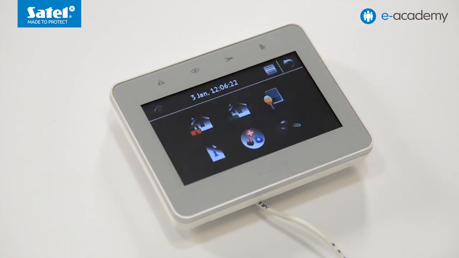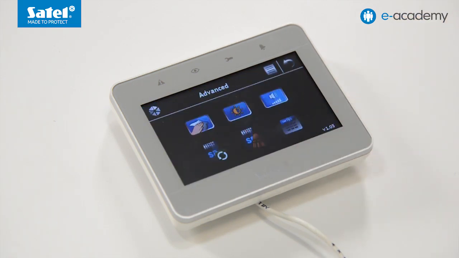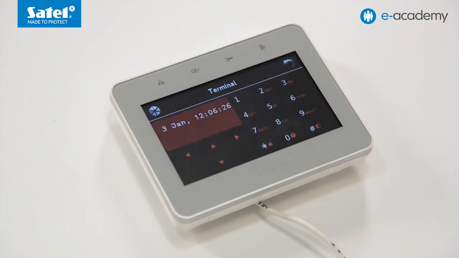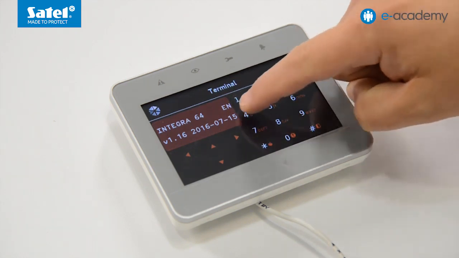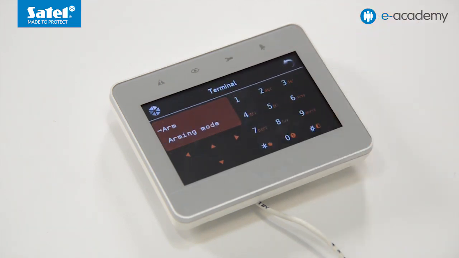On the main screen, tap the wrench icon, after which the advanced screen will be displayed. Tap the keypad icon to display the terminal. Enter the factory service password 12345 and tap the asterisk to confirm. In the user menu that will open, select 9 to enter the service mode.